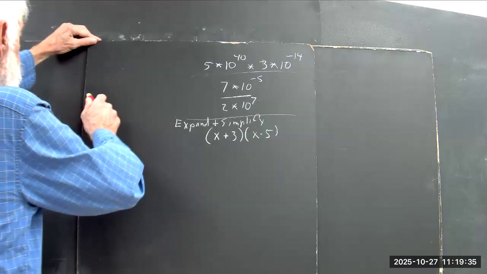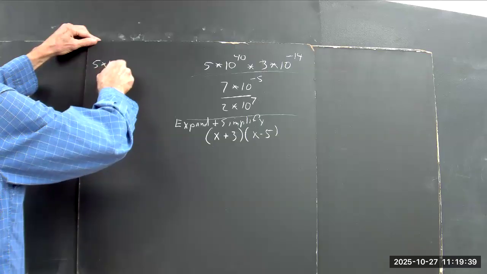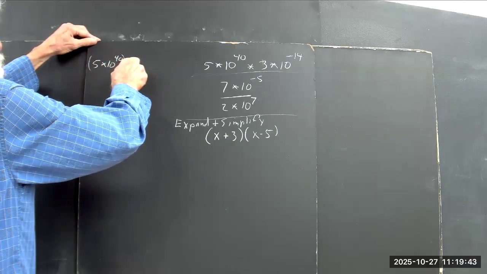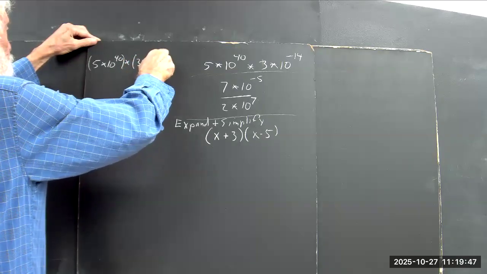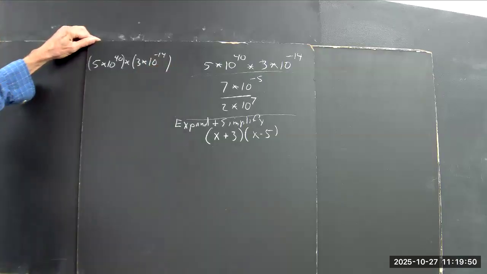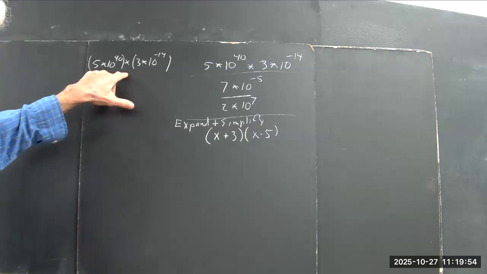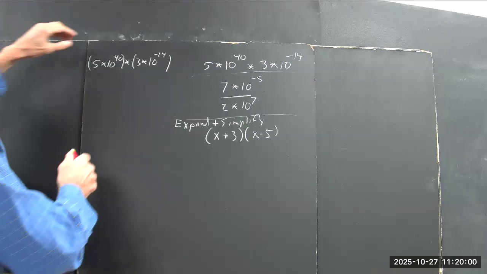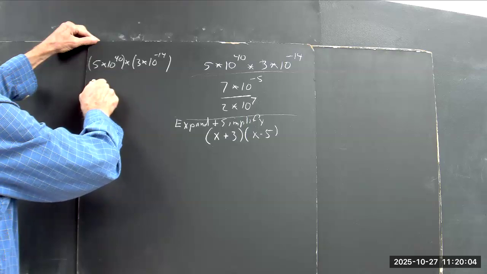Okay, so we got, I'm going to put parentheses around the scientific notation numbers. We got 5 times 10 to the 40th in parentheses, multiplied by 3 times 10 to the negative 14th in parentheses. Okay. That's the same